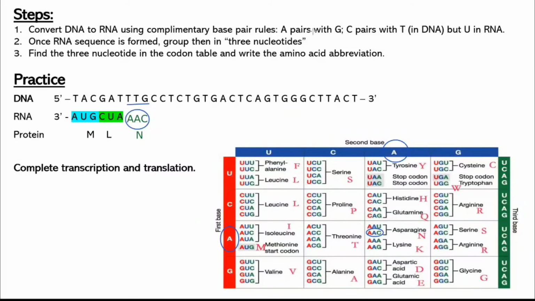Okay, so now I'm just going to change the color and go to the next one. CCT. What becomes of CCT? So remember the rule, A pairs with U, C pairs with G, for anyone who came late, and G pairs with C. That's the rule. So C pairs here with G. So we can do G here, and then G, and then the last one is